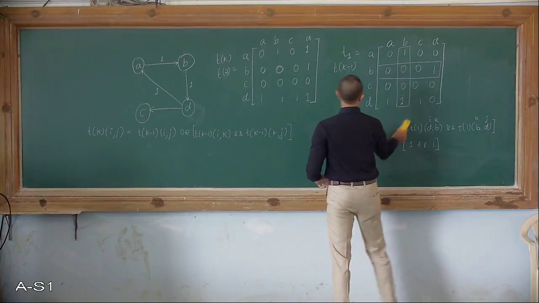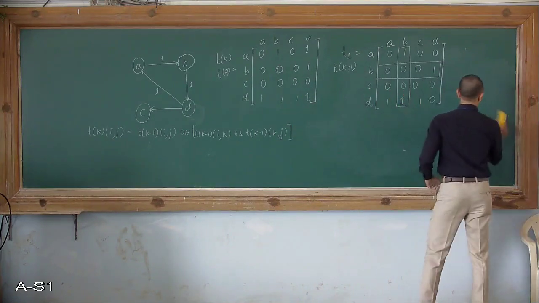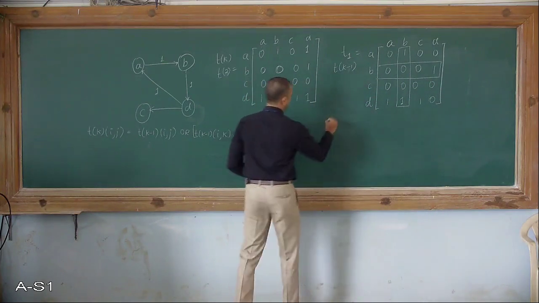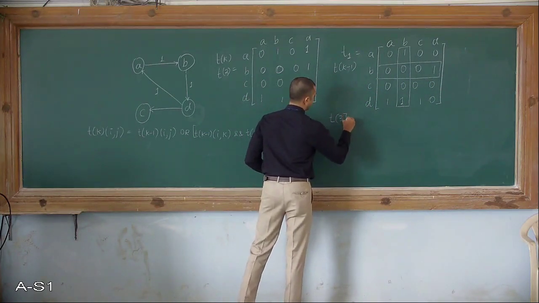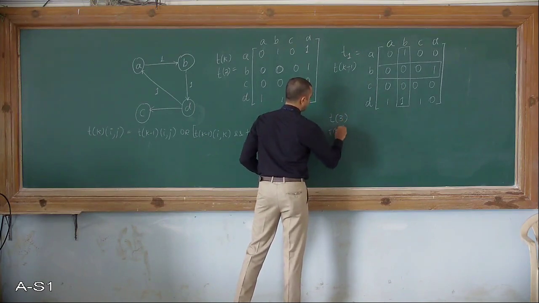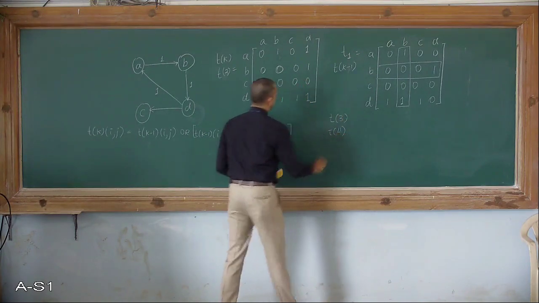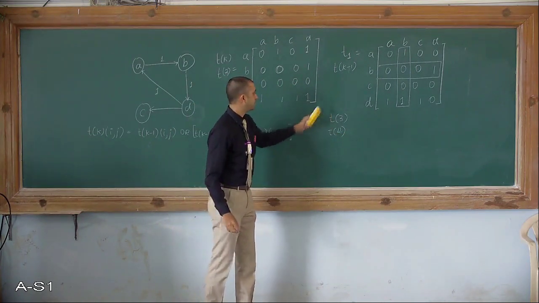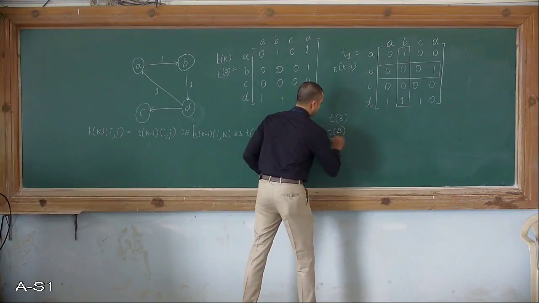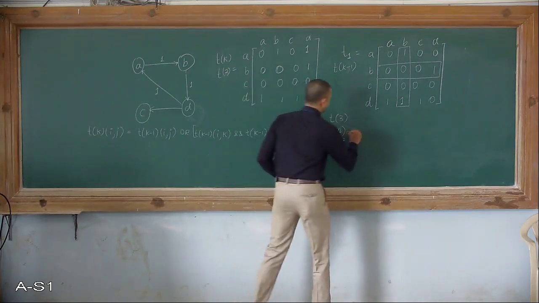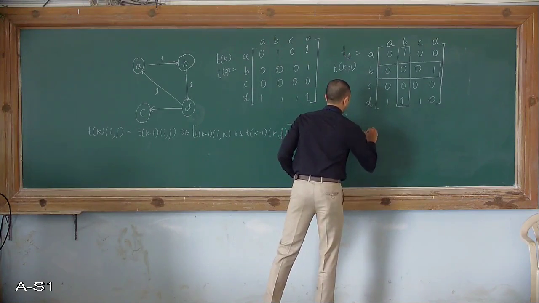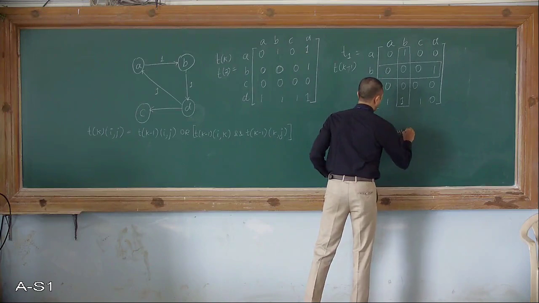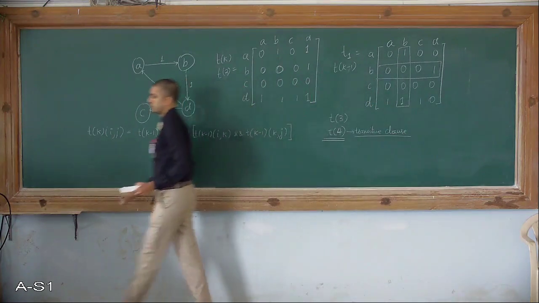So all zeros are converted to ones in the T2 matrix. Now similarly, we'll have T3 and T4. T3 will be calculated with the help of T2. T4 will be calculated with the help of T3. And this T4 is going to be my last matrix, and this will give me my transitive closure. Let's see how to do that.